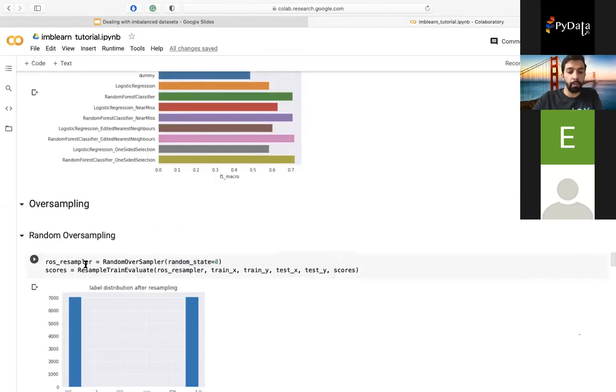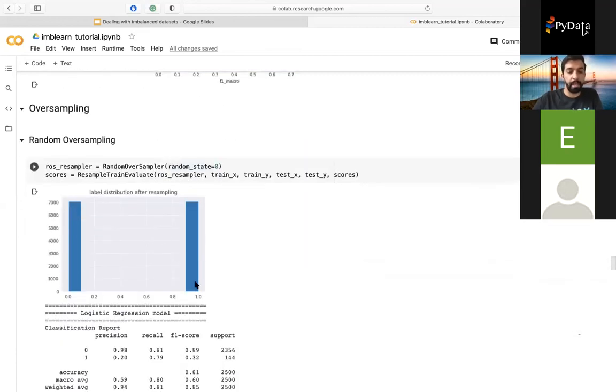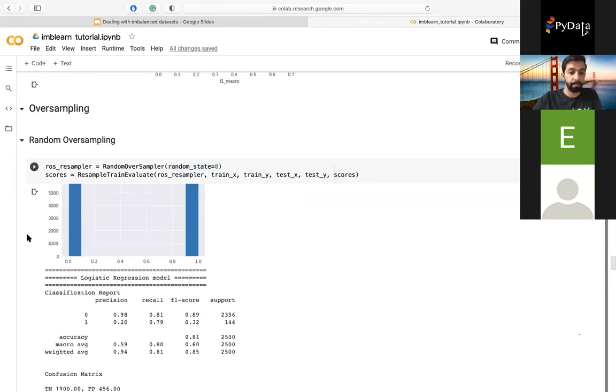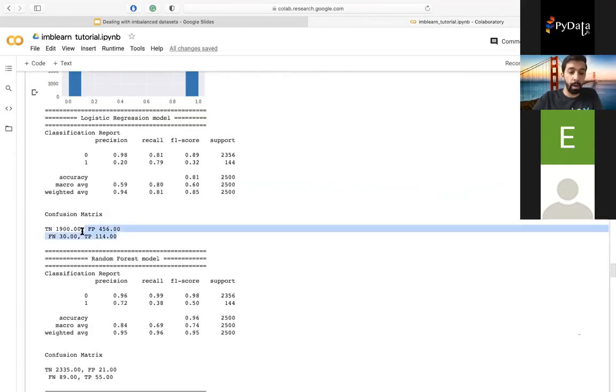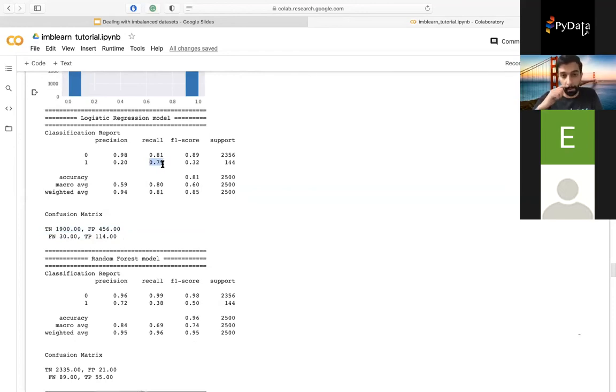Now let's try oversampling. In this one we just keep resampling, or basically repeat the minority set until it's the same size. So we went from 400 to 7,000. The logistic regression now hugely overfits the minority set. We see now we're below 2,000 for the true negative. Now it has a high recall. It's not missing any positive points, but it's making a lot of false positives.